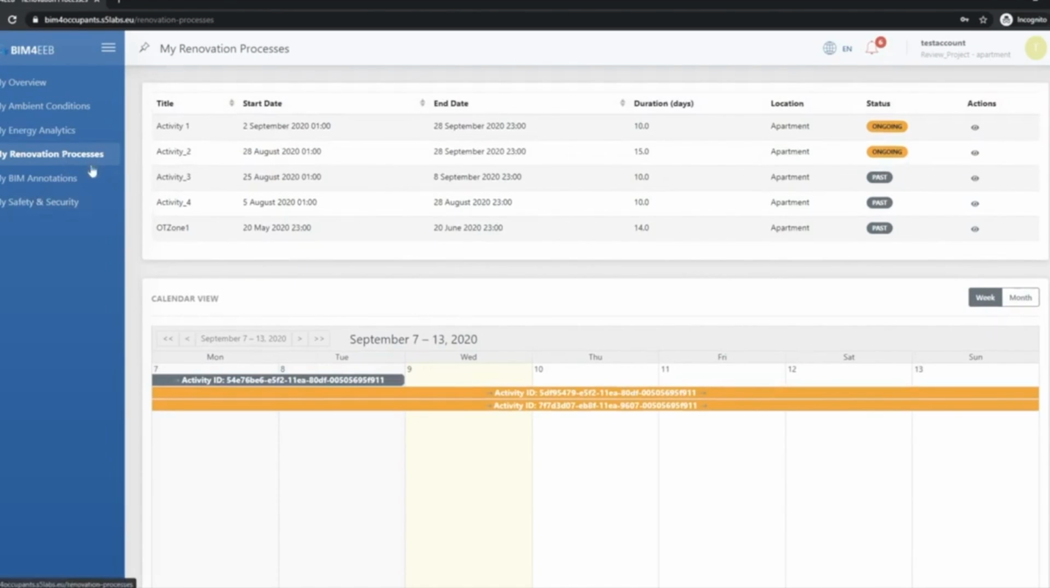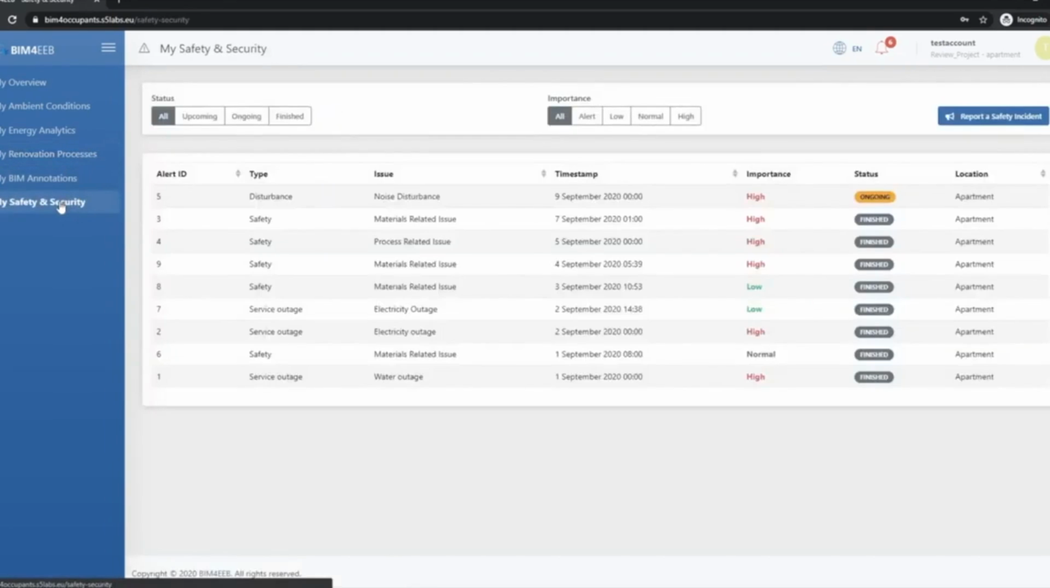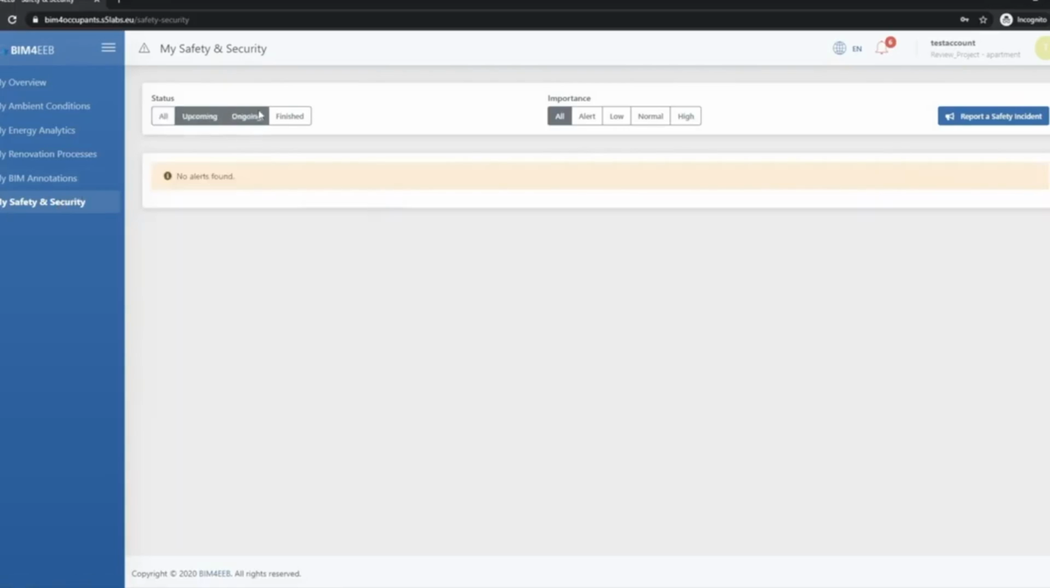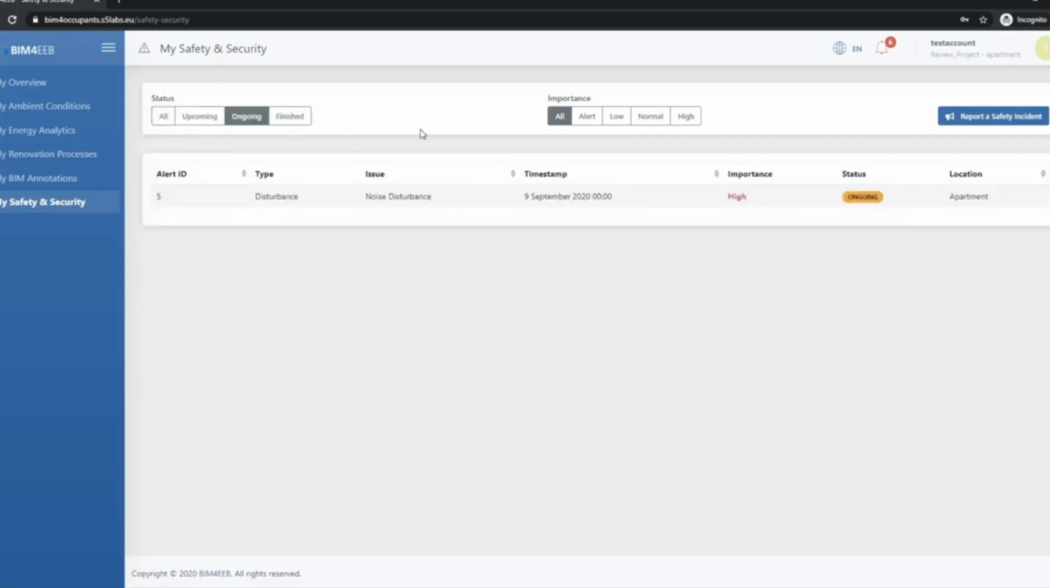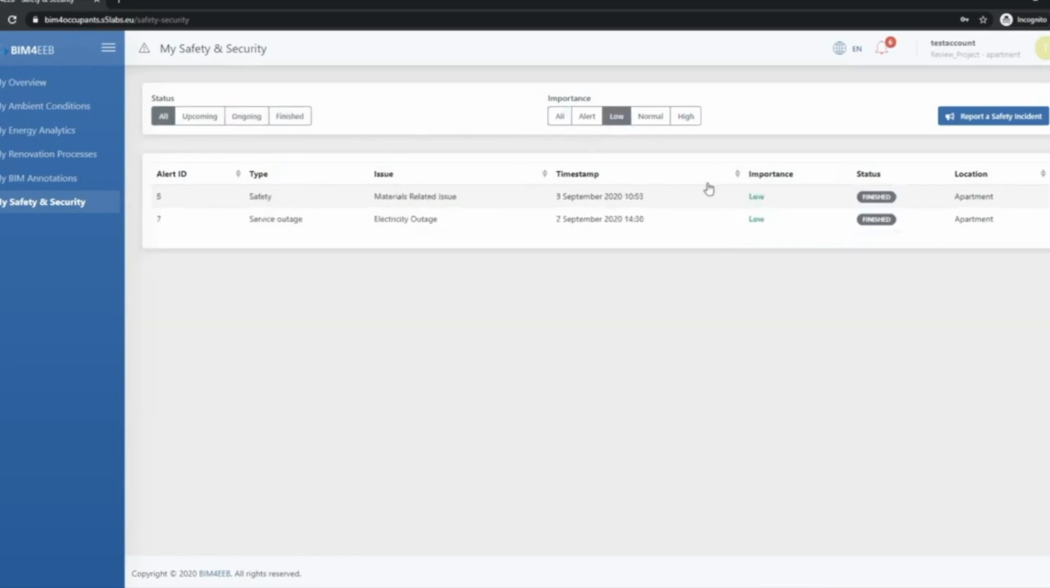Along with the renovation processes, we have a tab where the user gets also insights about specific safety and security conditions. Once a business stakeholder is triggering a new notification and alert situation about the building environment, the end user of the tool, the inhabitant, is getting notified about this situation. Filtering is also supported from the app in order to have a quick lookup on the different types of events